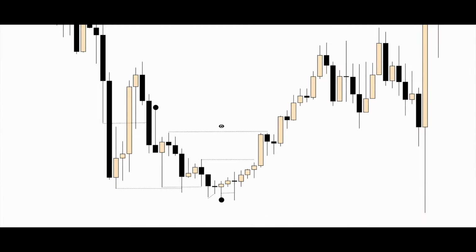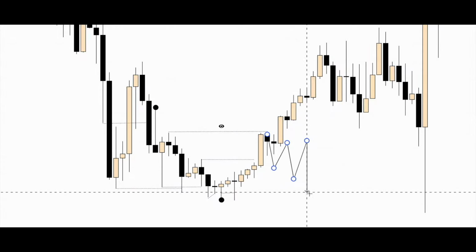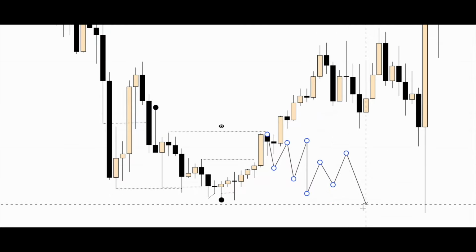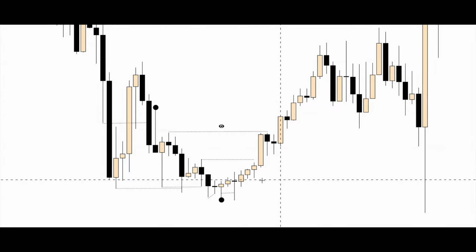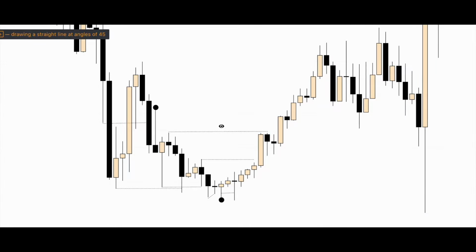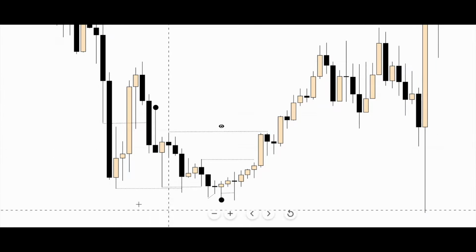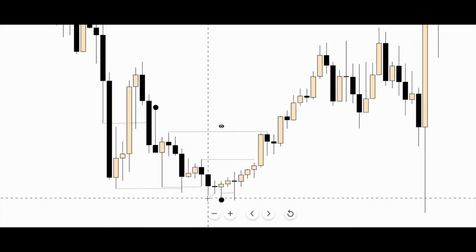Because who can actually tell that this is inducement per se, right? Because we obviously did break a structural low. We retested, aimed for internal range liquidity. Who's to say price can't just continue lower, while taking out internal range liquidity and just steadily dropping in pricing? It's very possible. However, in this case, price is understood to have already fulfilled internal range liquidity, which happened to be